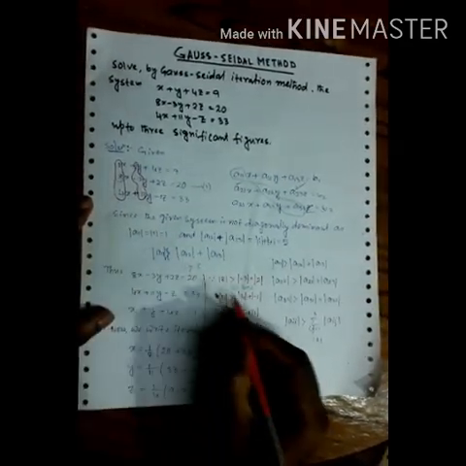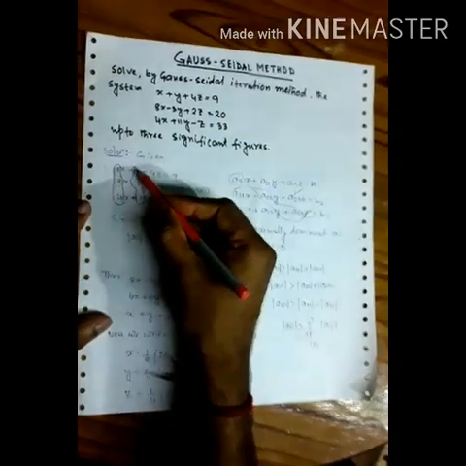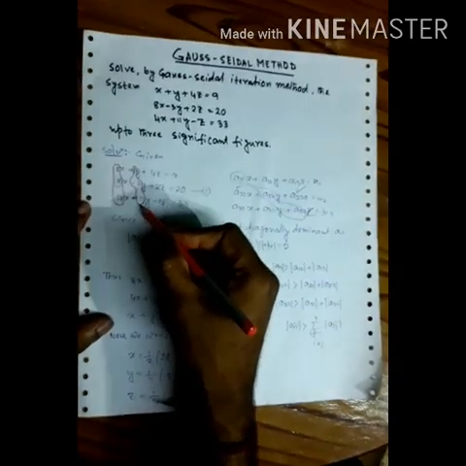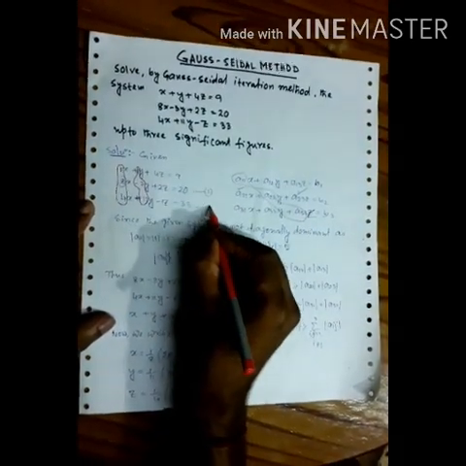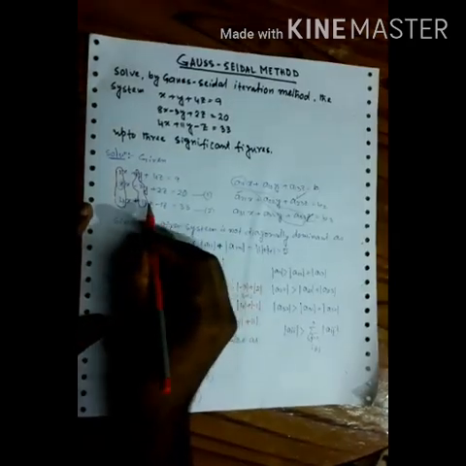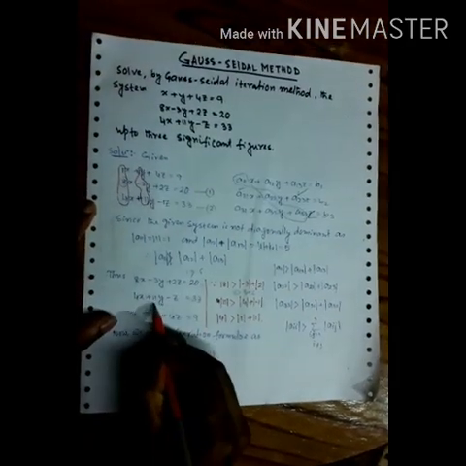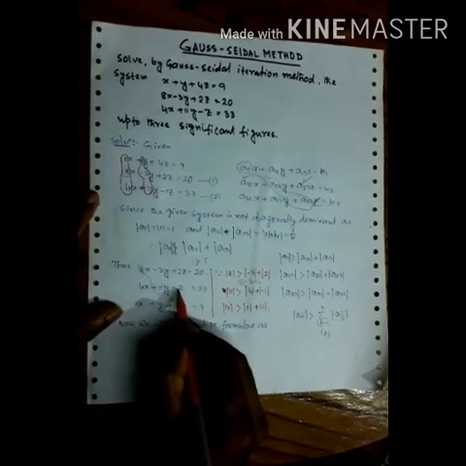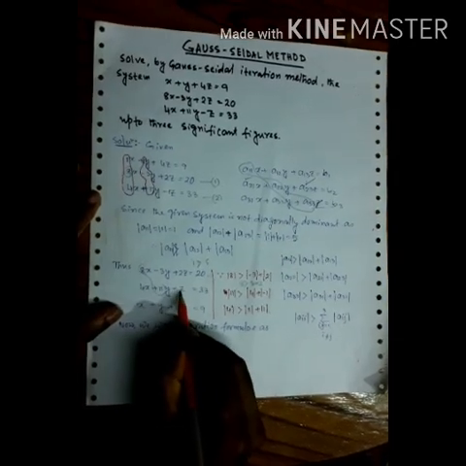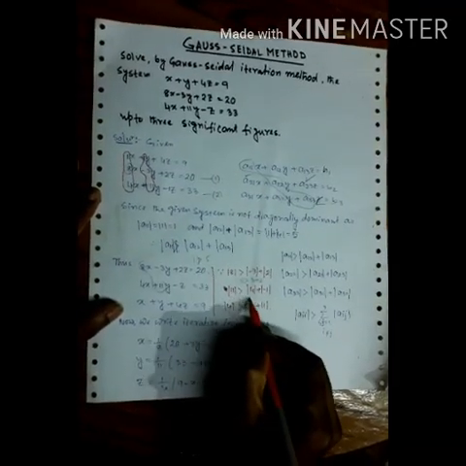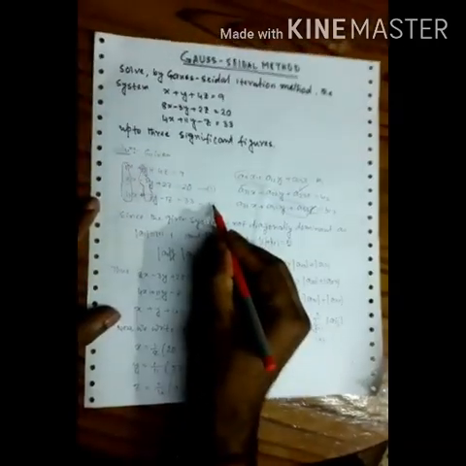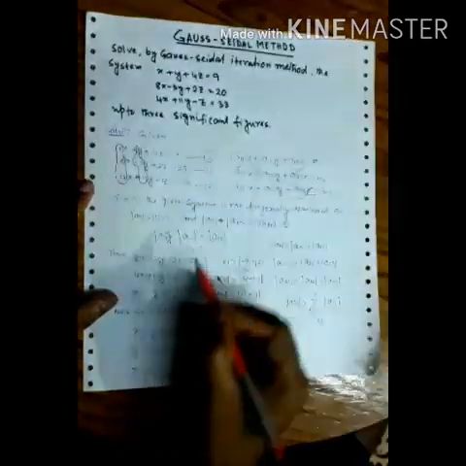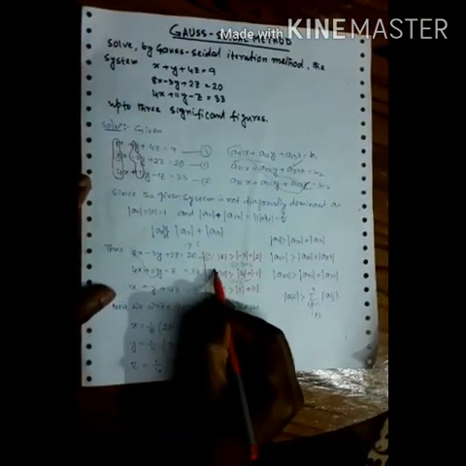Right side is 3 plus 2, which is 5, so 5 is less than 8. So this one is the first equation. Now go through the second column. Here the elements are 1, minus 3, 11, and the largest is 11. This one is in the second equation, so if we choose the second equation, the diagonal element is 11 and the sum of the remaining is 4 plus 1, which is 5. So 11 is greater than 5. The remaining one is the third equation. So the rearranged system is the first equation, second equation, and third equation.